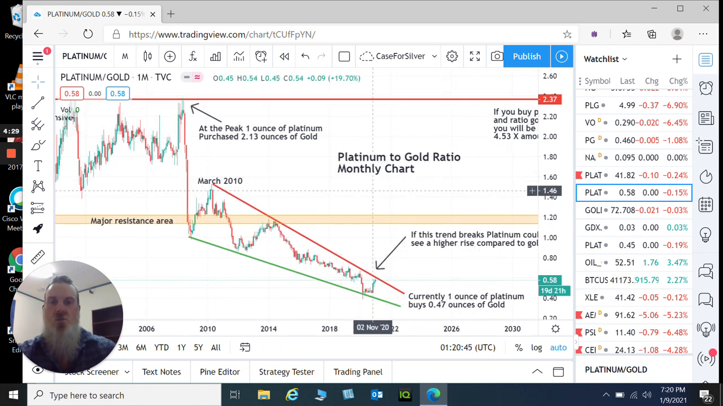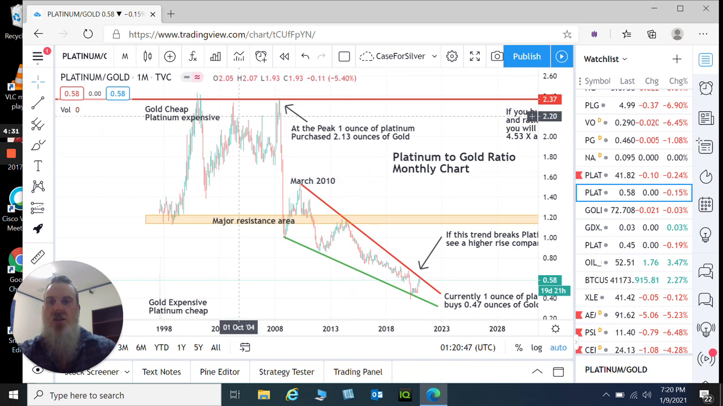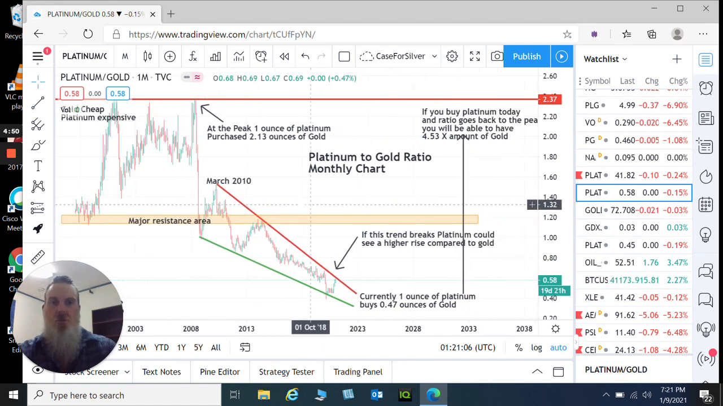Platinum to gold ratio. Same thing here. Up here, gold is cheap compared to platinum, and platinum is expensive. At the peak, 1 ounce of platinum purchased 2.13 ounces of gold. Now we've got this big wedge coming down. We have a major resistance here that I identified for later, if ever we bounce up. And if we go a bit to the right here,